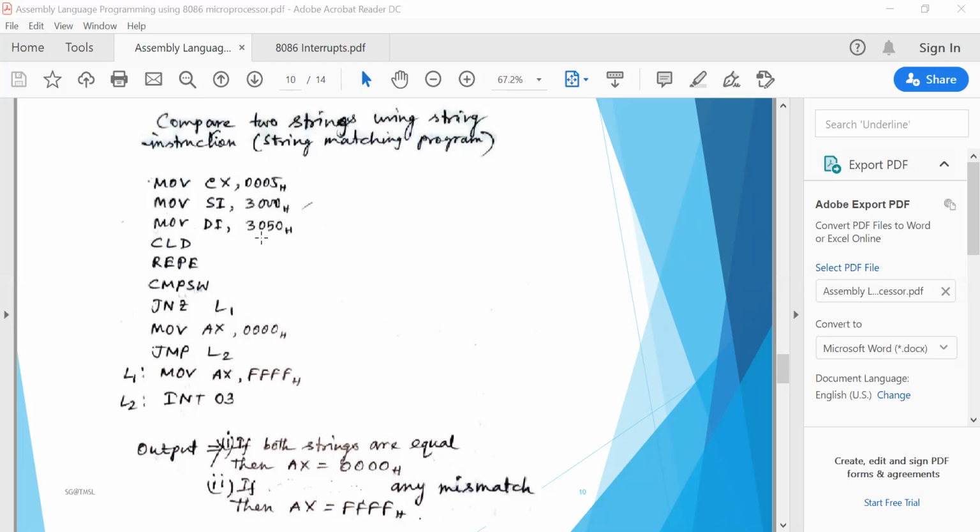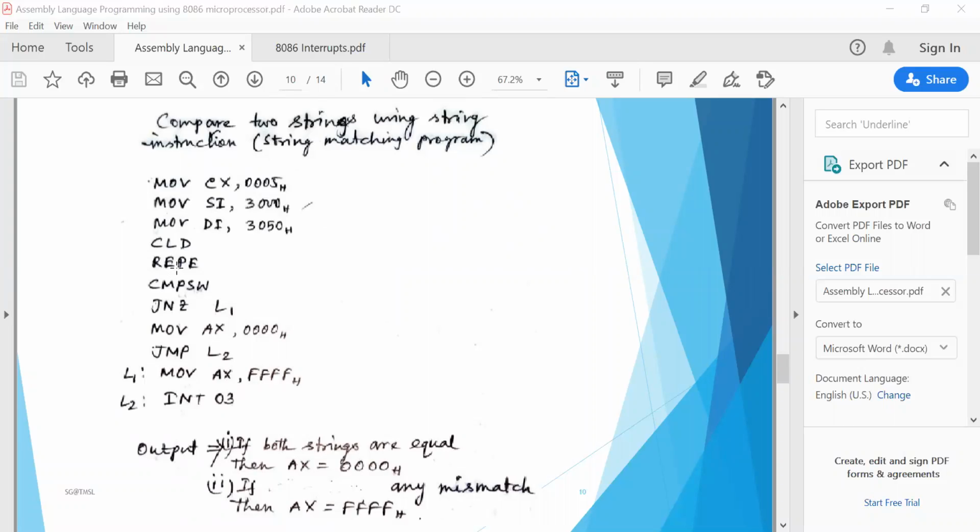As you all know, the direction flag is used to set whether you go for auto incrementing or auto decrementing of the memory location. Here we need auto incrementing mode, that's why we have used the instruction CLD, clear direction flag. If the direction flag is 0, the memory location will always go in auto incrementing mode.